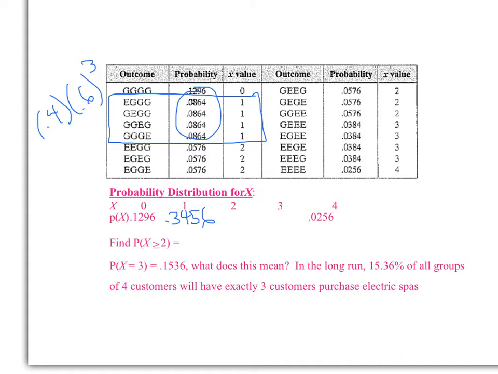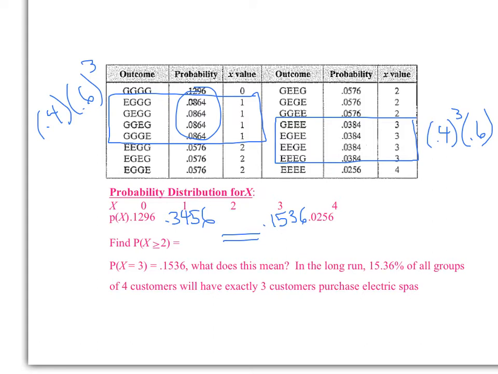And then if you do the same thing for 2 and 3, so here, let's just do 3 real quick. All of these outcomes have 3 electric purchases, so that would be 0.4 cubed times 0.6 for the single gas purchase, and that probability is 0.0384, and then if you multiply that by 4, you end up with 0.1536, and then by default, to get the probability for 2, you could just add the probabilities in the table